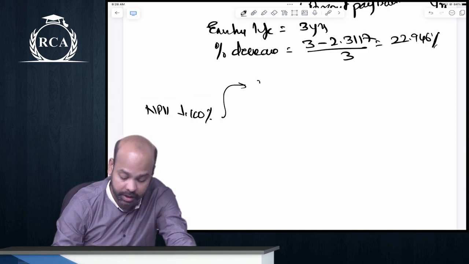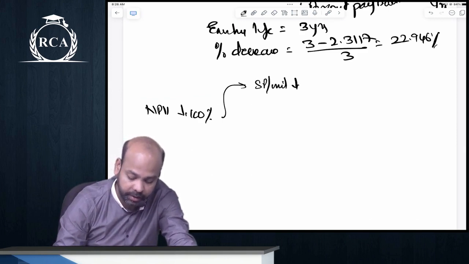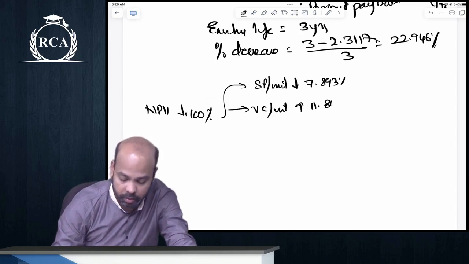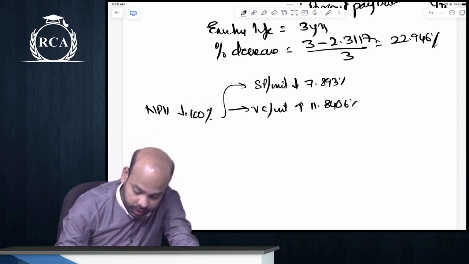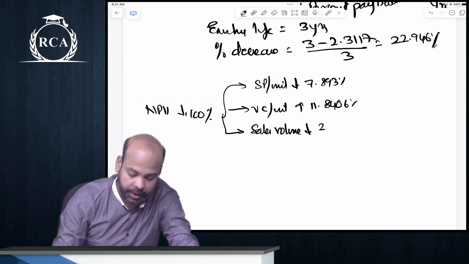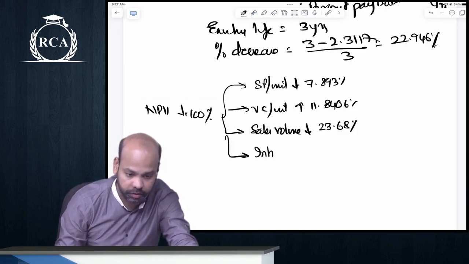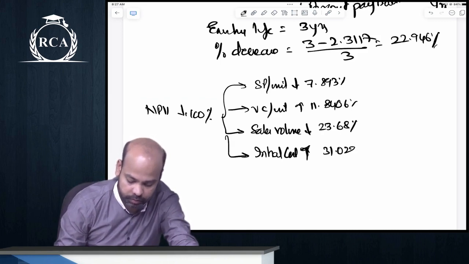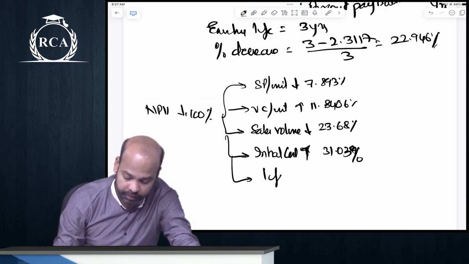First variable क्या था बेटा? Selling price per unit. It should reduce by 893%. Next बेटा variable cost per unit 11.84. 06. Next beta was sales volume 23 point. Next initial cost 31.0. Life of the project beta